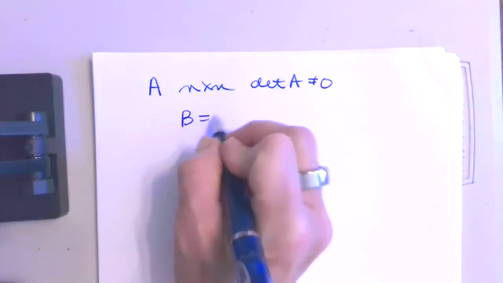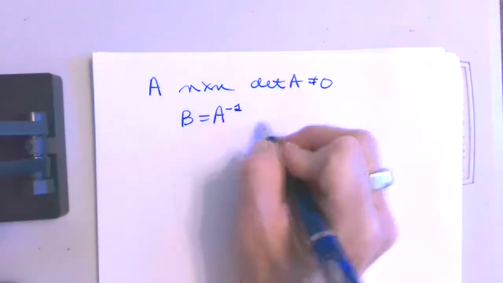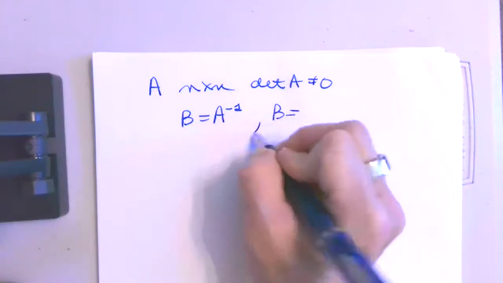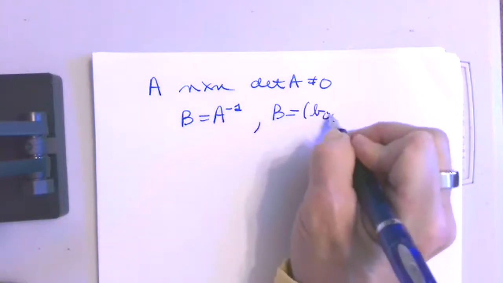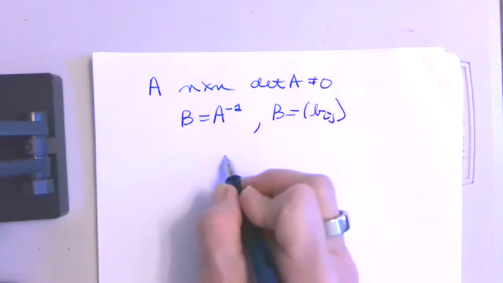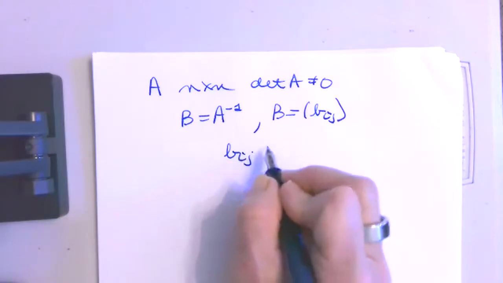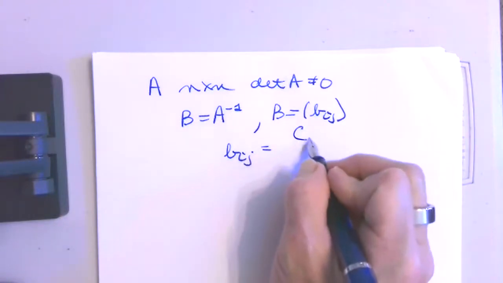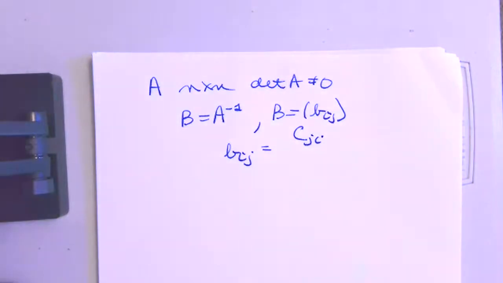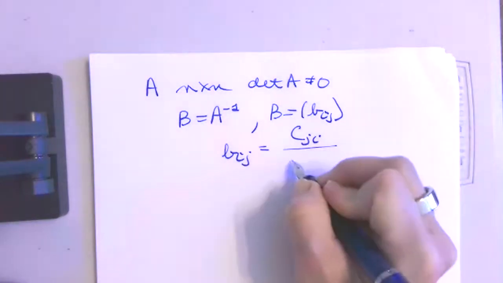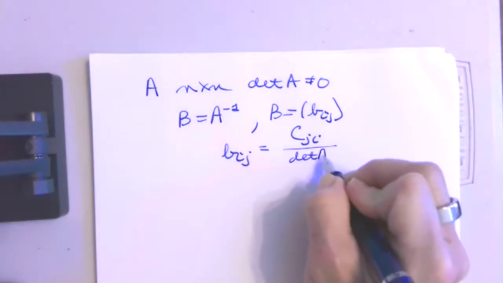Then B equals A inverse. And let's say B is the matrix with entries Bij. How do you find Bij? What you do is you take Cji, and let me just be sure that I'm writing this down carefully. Yeah, it's Cji divided by the determinant of A,